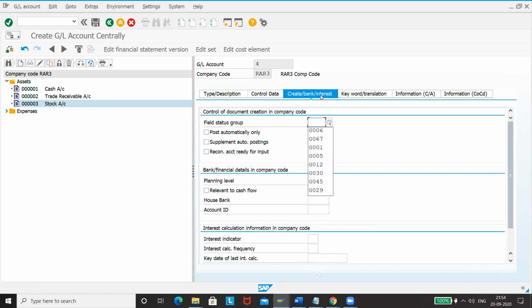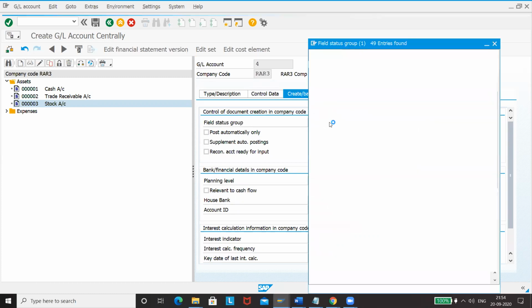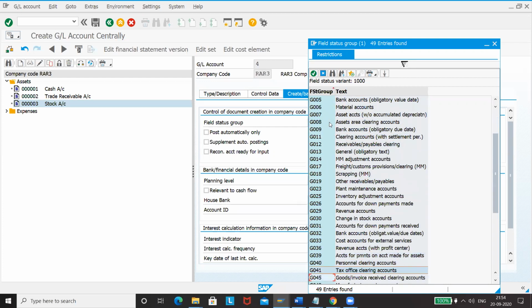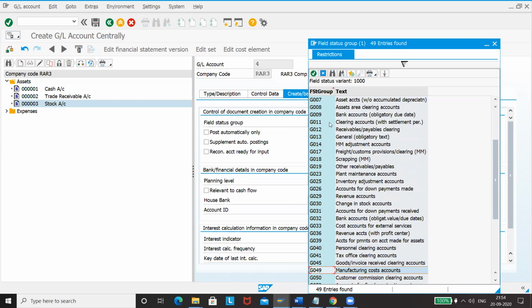Field status group. This is as well. Yeah, there will be a separate thing for this. Assets clearing. Goods clearing account will be something like that. Yeah, here it is.